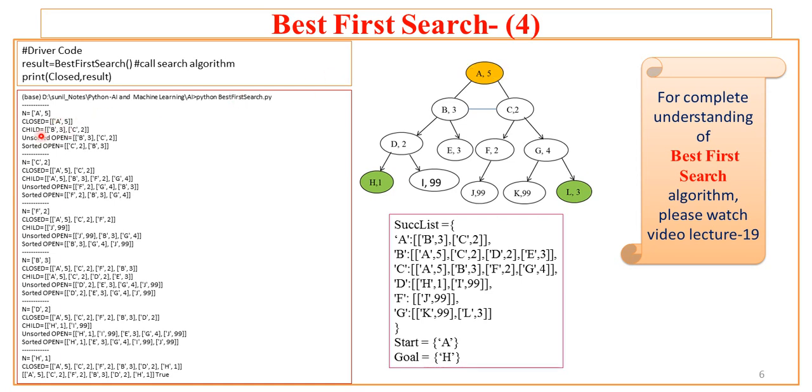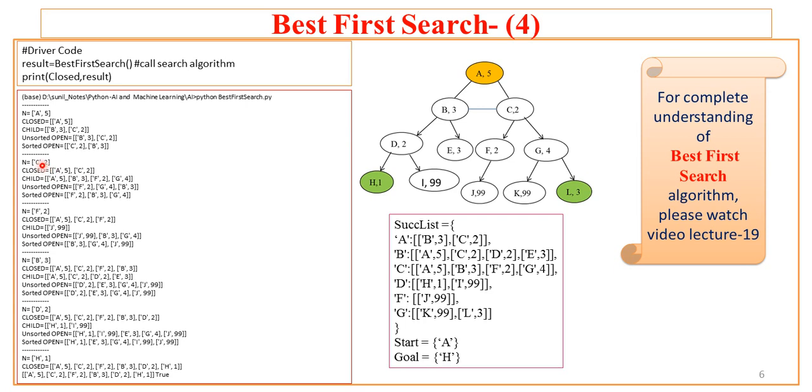with heuristic value 5. Then it generates the children of A, which are B and C, and it removes from the child whatever is there in the open and close. So child will remain the same. So that is added at the front of the open. So open unsorted is B and C, but after sorting open becomes C and B. So this is the new open which will be used in the next iteration. Now nodes visited so far are A, that is stored in the closed list. So A we have visited at this point of time.